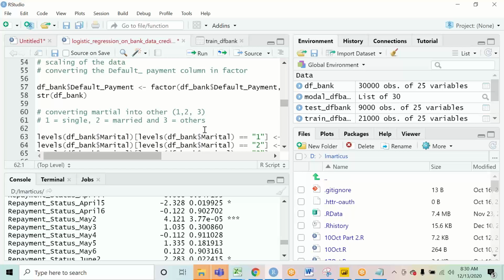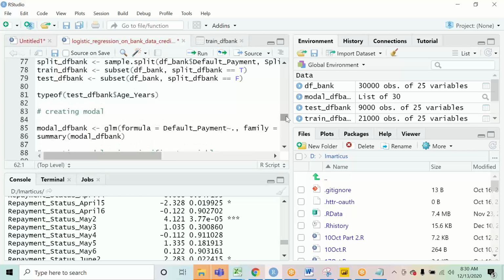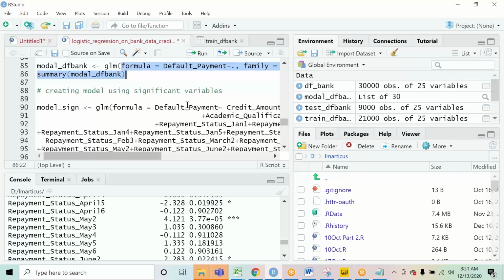The question is basically, when we created this model, we used all the variables, so why are we recreating it with the selected variables? This is something that we do in linear regression also.